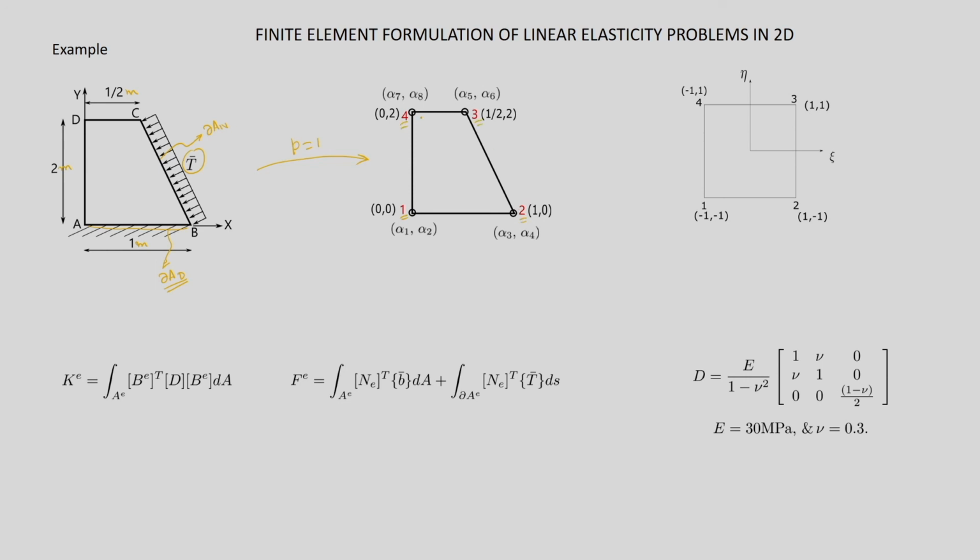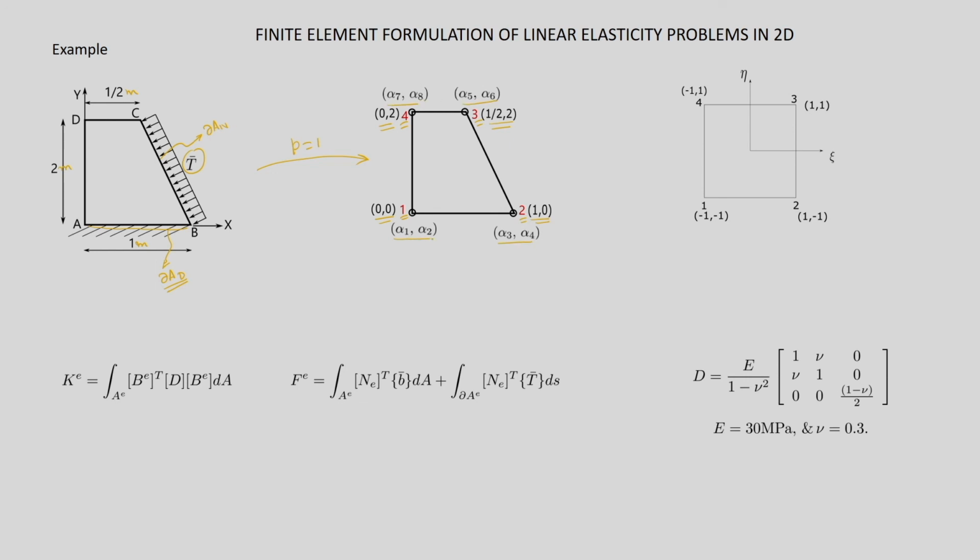In this case, since we are taking one element, the local node numbers and global node numbers are the same. These are the coordinates in the xy frame, which you can verify by looking at the dimensions provided in the problem. Now, the associated degrees of freedom we have numbered alpha 1, alpha 2, alpha 3, alpha 4, alpha 5,